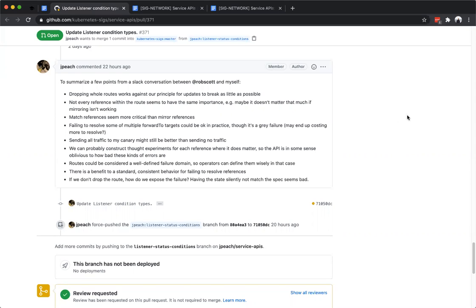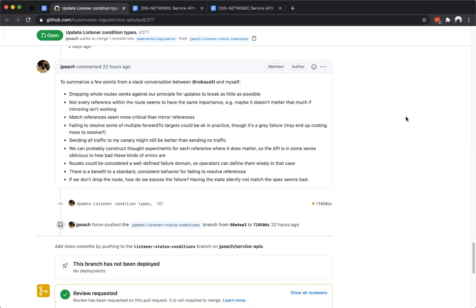So dropping a mirroring target, some sites may be okay with that. You can construct thought experiments where mirroring really matters for some business reason and it's super critical. But in general, I think it's reasonable to assume that mirroring is less important than, say, the reference for a match. And then we get into